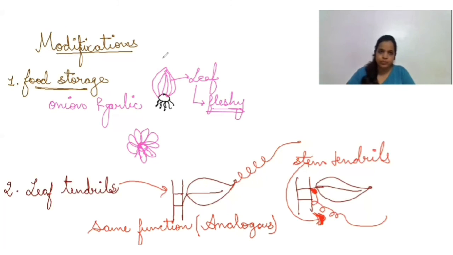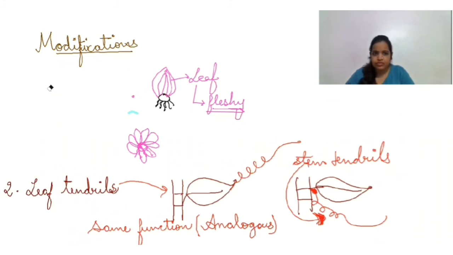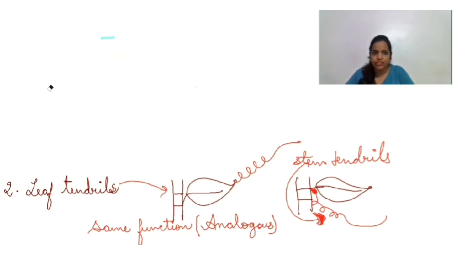Now, I'll remove just the first part, that is food storage, because I want to make more comparisons over here. So I'll be rubbing out this complete part. For that, I'll require a few seconds also. And now we have got the third type of modification, guys. So number 3 modification with us is spine formation. Number 3 is spines. In stems, we talked about the thorns. Here we will talk about the spines.